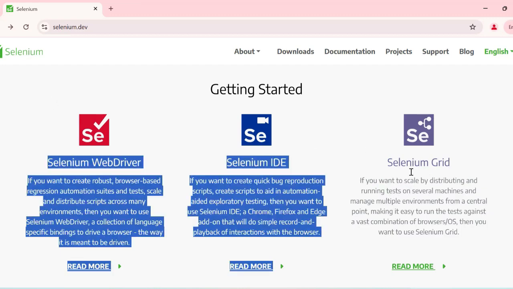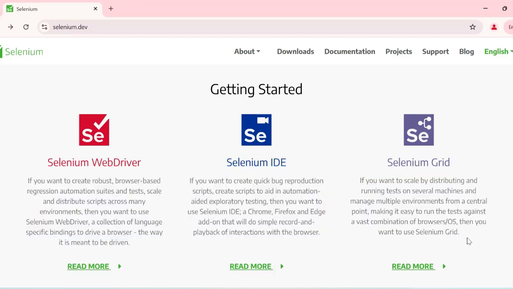So these are the three tools we have in Selenium. And as we discussed, the most powerful tool out of these three is Selenium WebDriver. So this series will revolve around Selenium WebDriver only, and we'll learn how to automate with Selenium WebDriver with the help of the language Python. Before getting into the Selenium WebDriver practical implementation, we must understand Selenium WebDriver's architecture,